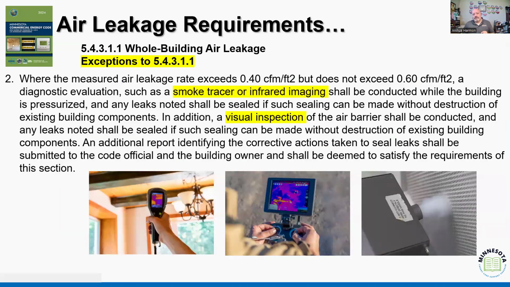Now, one of the things that the code says is, so again, we can compartmentalize, we can break down the building so we don't do a whole building test. Then we can also say, well, if our whole building test came back with a range of 0.4 to 0.6 CFM per square foot, then we can go back in and allow them to do diagnostic testing. This is not something that I as an inspector do. This is something that the functional testing, the verification, the testing provider is going to be doing. Right? And remember, that can be a qualified person on staff. It just can't be somebody that's part of the actual installation.